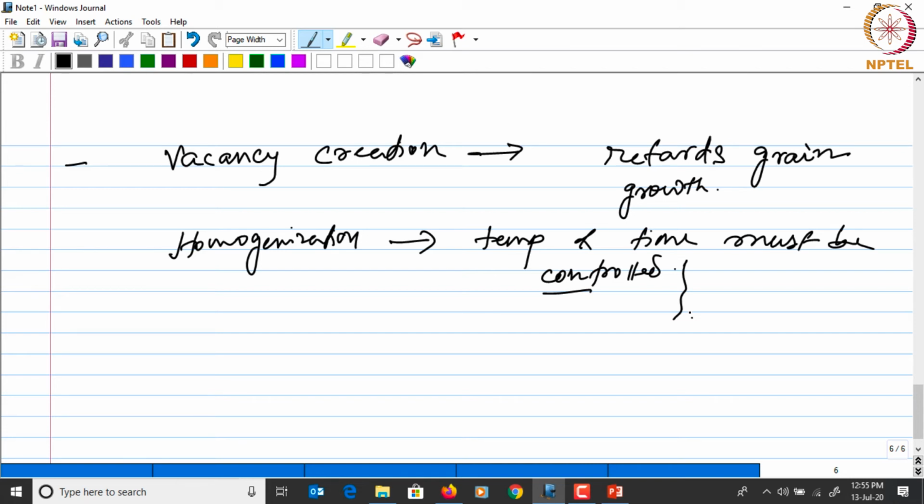An example is aluminium being added to iron. Iron has a melting point which is much higher than aluminium. So here you need to control the temperature not only to prevent this swelling, but also to prevent any unwanted reactions between iron and aluminium that can lead to formation of brittle intermetallics, which are again detrimental for the properties of the material.